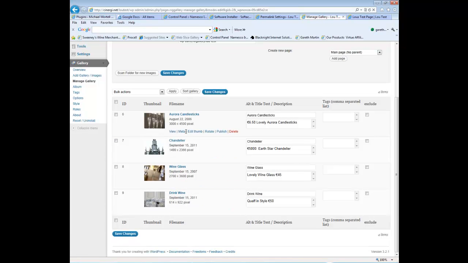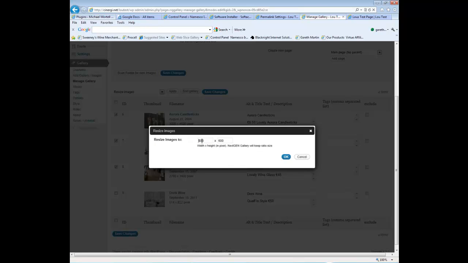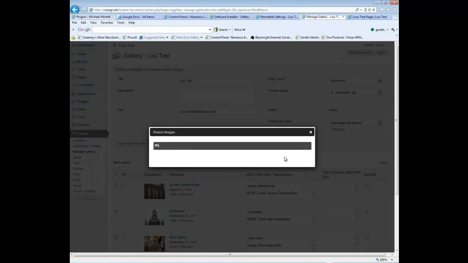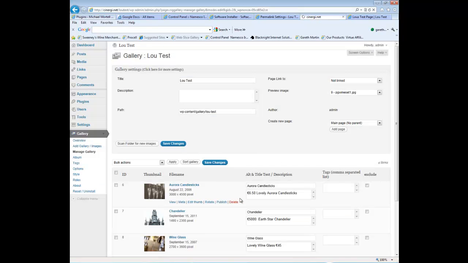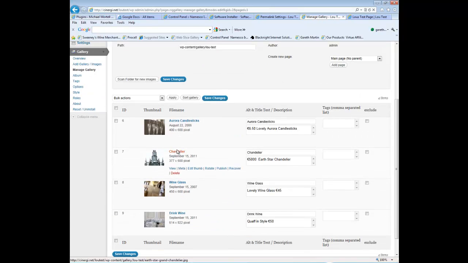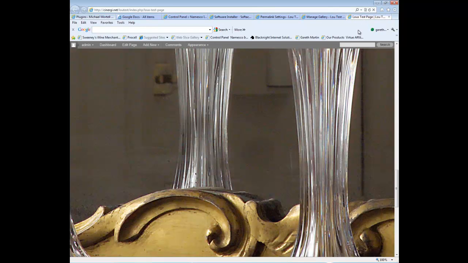So we can select these three because they're quite big. This one's about the right size. So we're going to use the bulk actions and resize images. And we press apply, and then it asks you how big you want them. 800 by 600 is about right for most screen resolutions. So we'll press OK. And it will work away in the background resizing the images for you. You can see here they've been changed. So if we go back to our page and refresh,